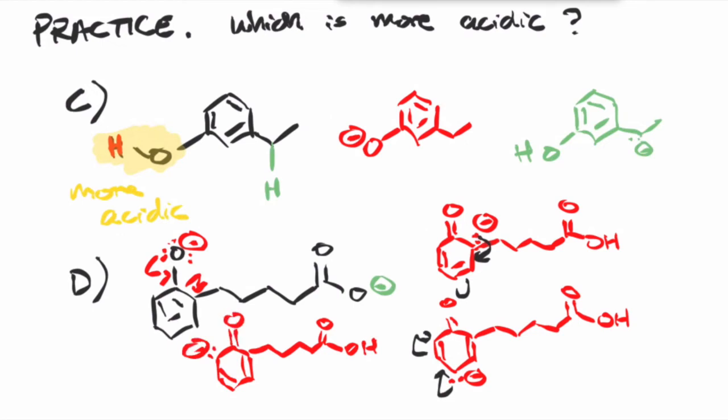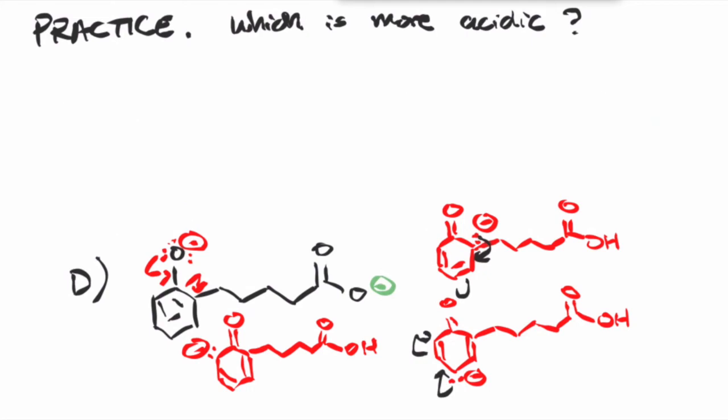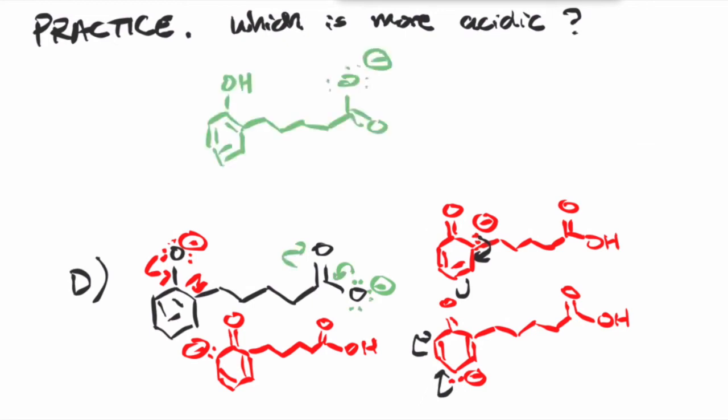So it has 3 resonance structures. Let's erase up here for some space. Okay, so that's what happens when the red proton is deprotonated. What about the green? Remember we said it is also allylic to a pi bond, so it can also be involved in resonance. All right, so we're stuck here. They both have resonance. How are we to determine which one is the more acidic?